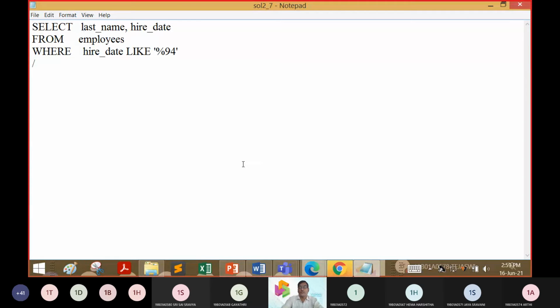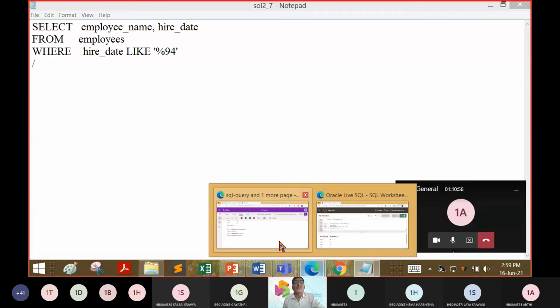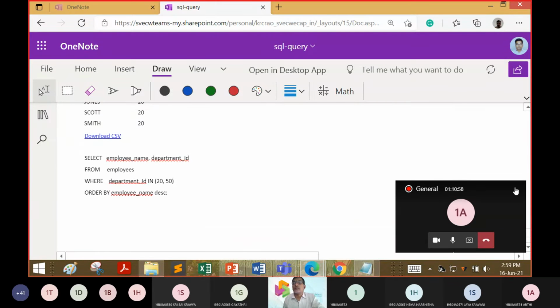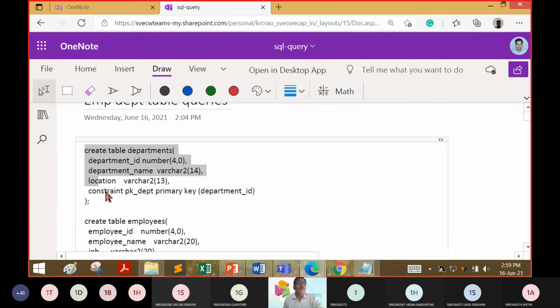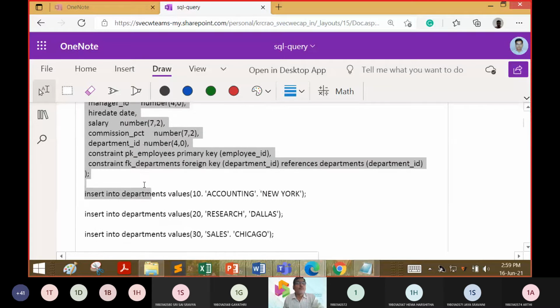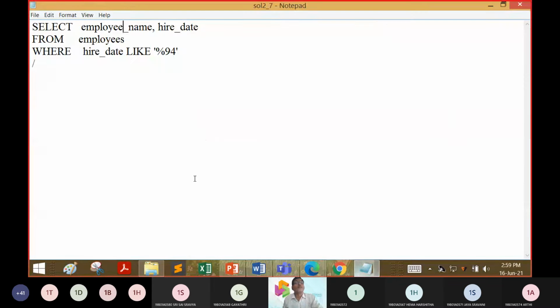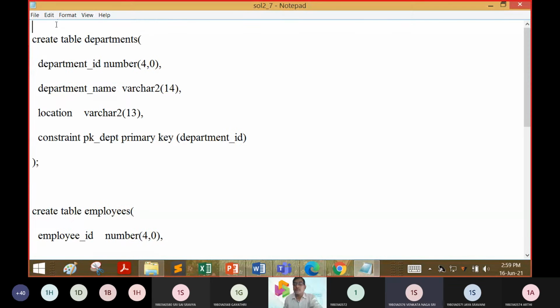Yes, sir. See, employee name, hire date, hire underscore date. Can anyone say whether hire underscore date is there or not? Hire underscore date, is it there or not? No underscore, right?